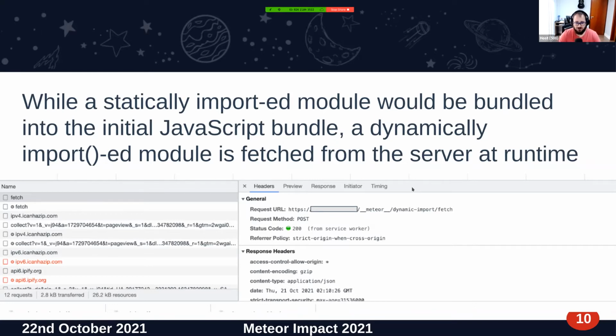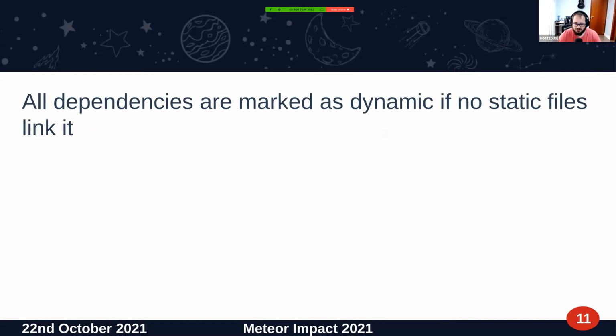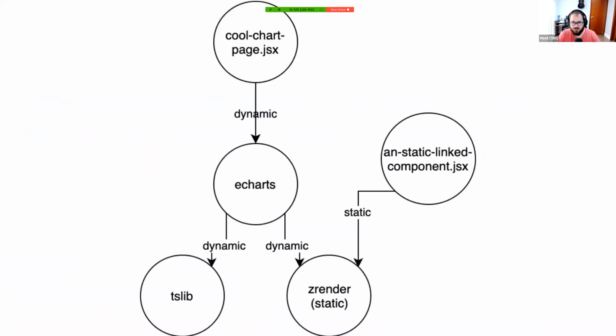So the client, when it needs to use the module, does a fetch, a POST request, sorry, to your server, and then this server is going to answer with the modules that it needed. Okay, so there's also something you need to understand. I'm going to show a little diagram here, but it's really important to understand this. It's not exactly